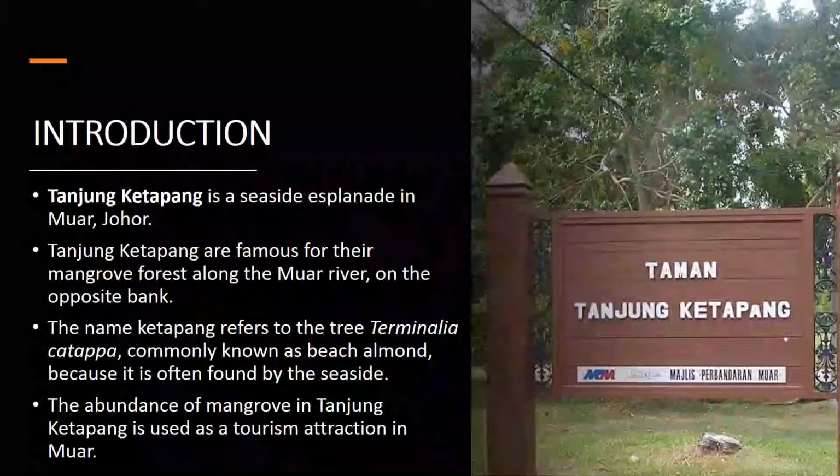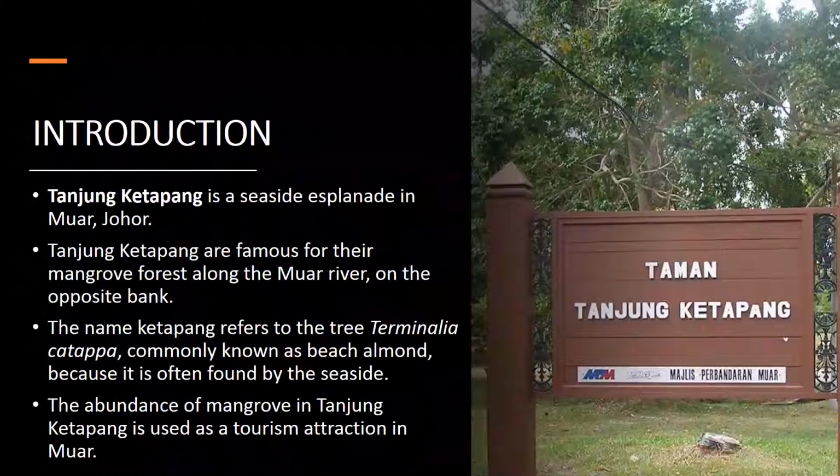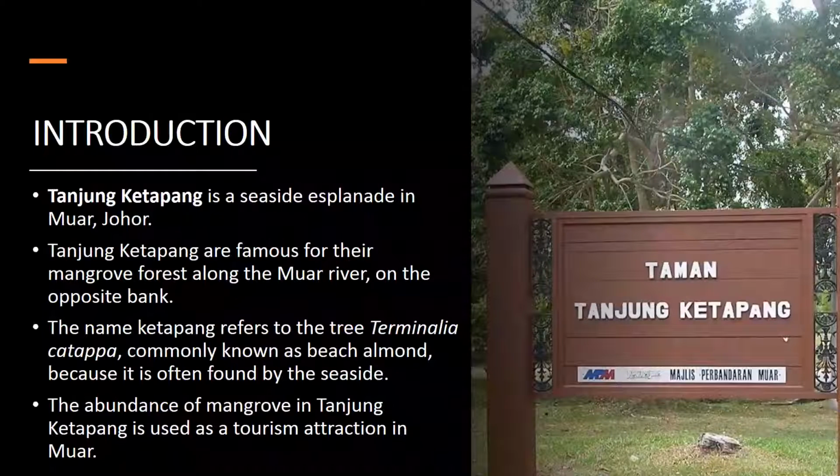Okay, the first is an introduction about Tanjung Ketapang Park. Tanjung Ketapang is a seaside esplanade in Muar, Johor, facing the international shipping lane of the Malacca Straits. Tanjung Ketapang is famous for its mangrove forest along the Muar River on the opposite bank. The name Ketapang refers to the tree Terminalia catappa, commonly known as Bengal almond, because it is often found by